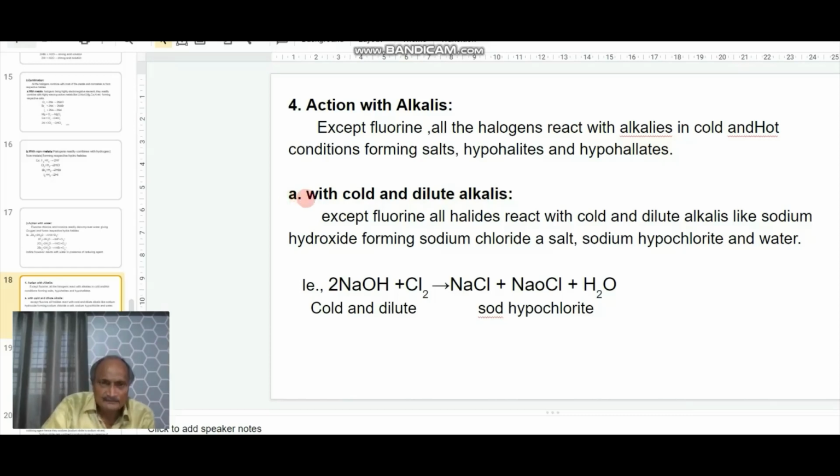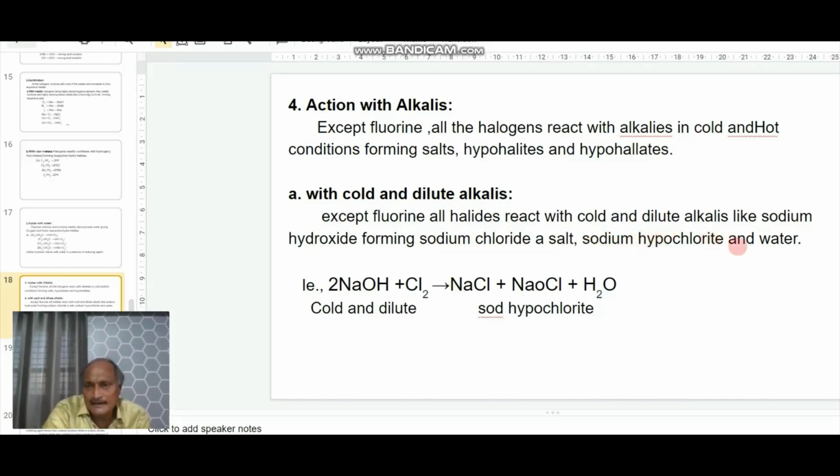For example, action of halogens with cold and dilute alkalis. Except fluorine, all halogens react with cold and dilute alkali like sodium hydroxide, forming sodium chloride, a salt, and sodium